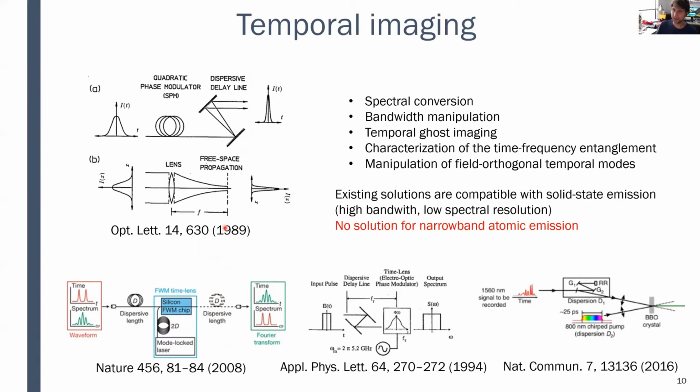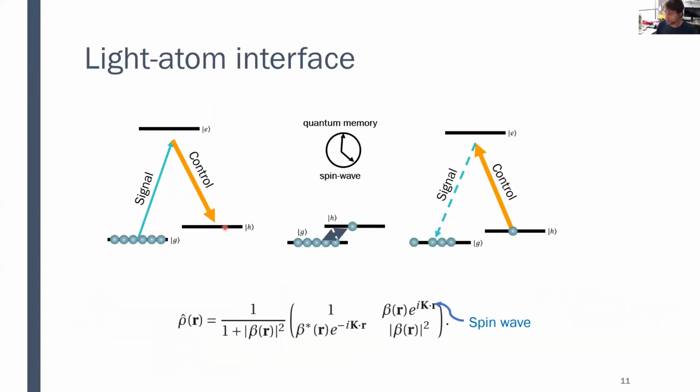But those techniques will not really work in the ultra-narrowband domain, mostly because it is very, very hard to make so much dispersion without inducing a horrible loss. The phase modulation, which is often a challenge in the ultrafast domain, is actually going to be easy in the narrowband domain. So in our system we will implement those operations via a light-atom interface, with some of them implemented in atoms.